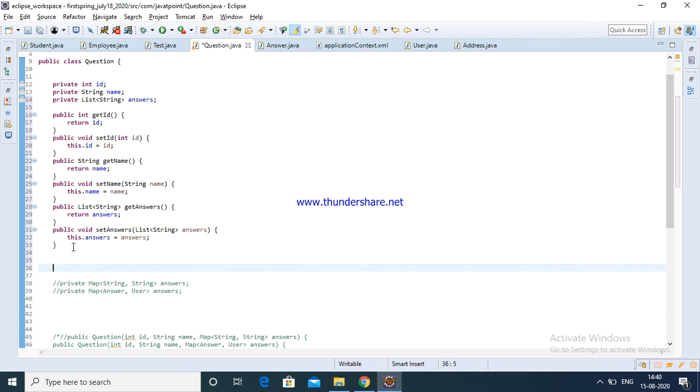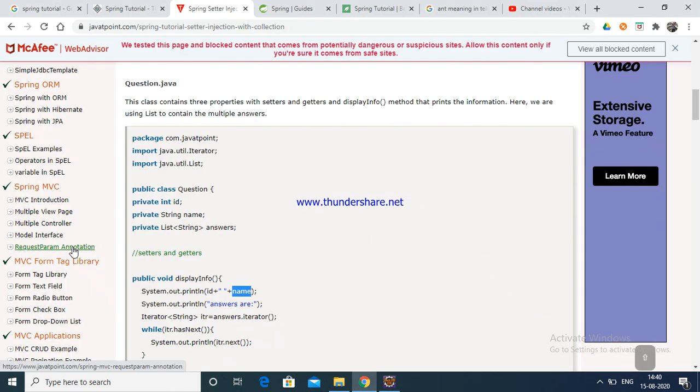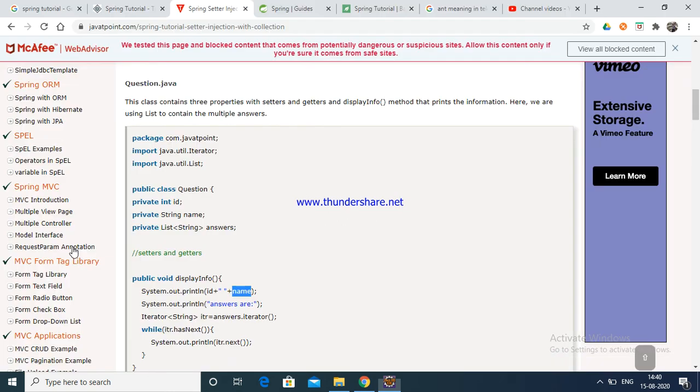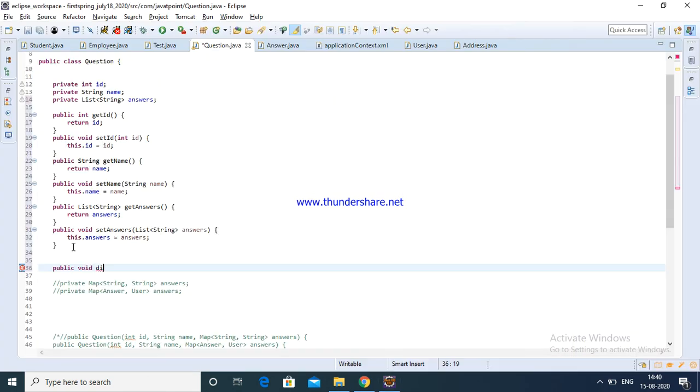Otherwise I will write a void method, display information, info.